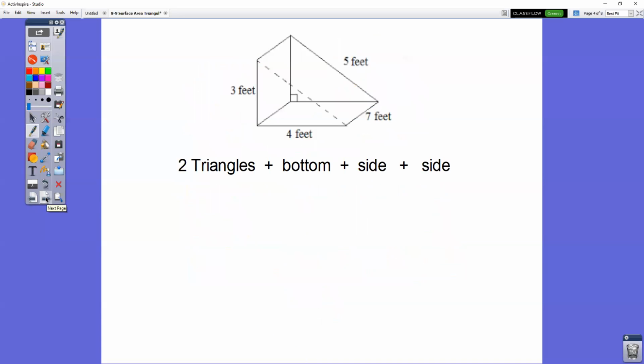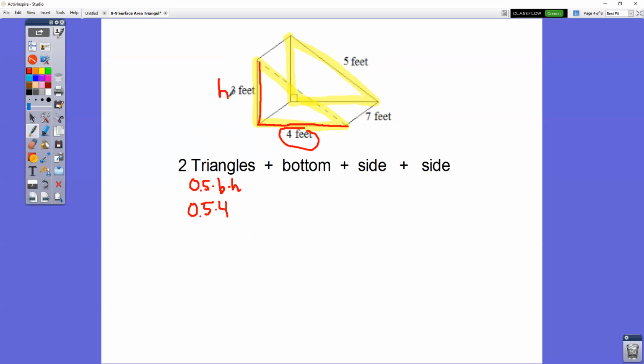Let me do one more for you, then I'll have you try one on your own. So again, we're taking a look at the triangular prism. The formula for a triangle is 0.5 times base times the height. So I have 0.5. Now I have my two triangles. I have one triangle right here, and I have one triangle right here. So looking at the base, the base is the bottom of the triangle. Here's my base. So my base is 4,